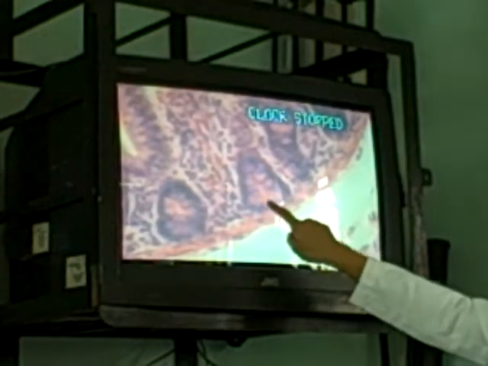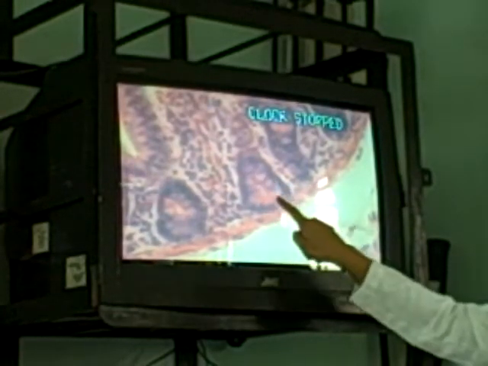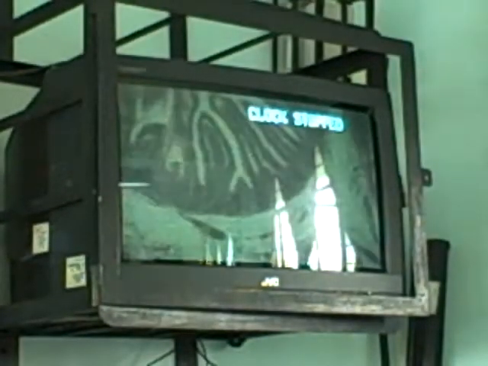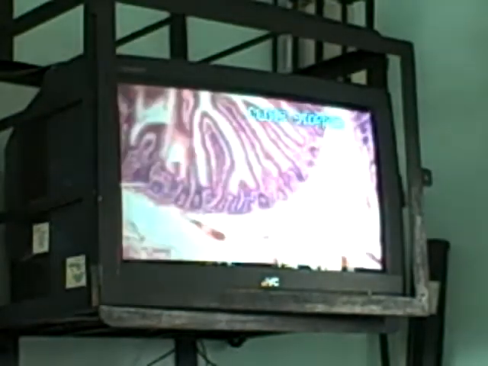Pinkish in color, but you notice this one is darker than this one. So that's your Paneth cell. Just remember Paneth cell. Okay, I just want to show you my